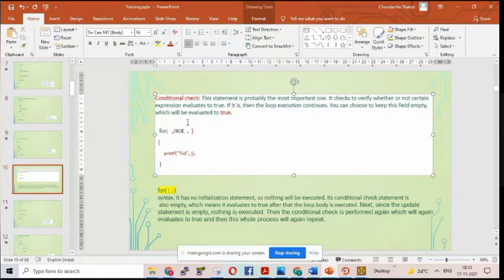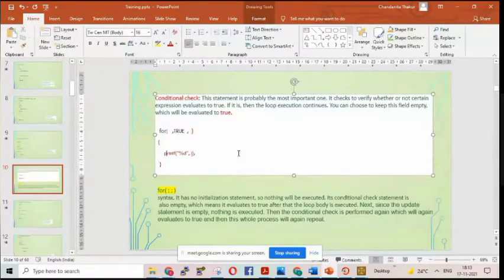As it always remains true, even though there is no initialization and terminating condition, the for loop will keep executing continuously and enter an infinite loop. Infinite loop means it will be executed forever. If you type this in your system, you have to press Ctrl Alt Delete to break out of it.